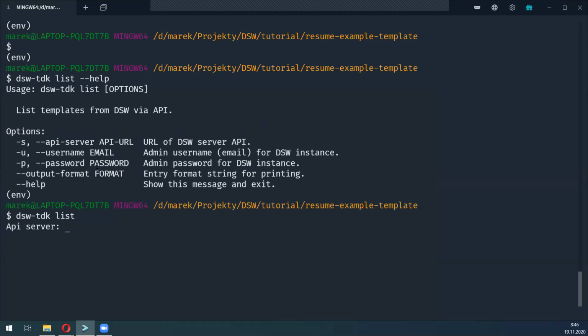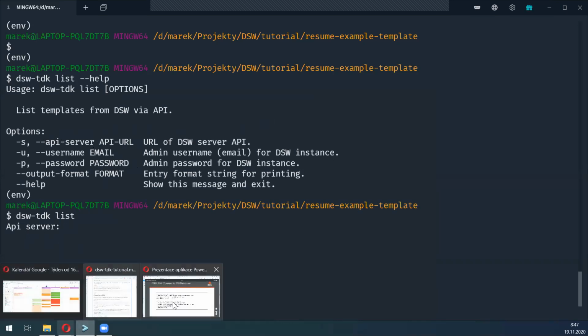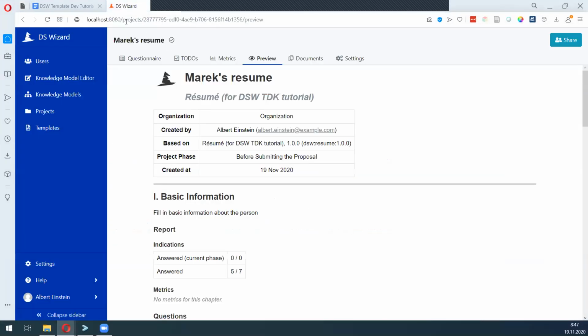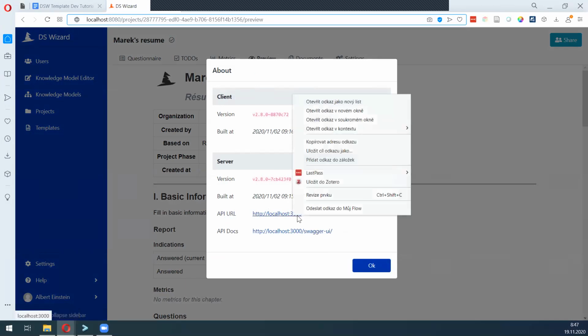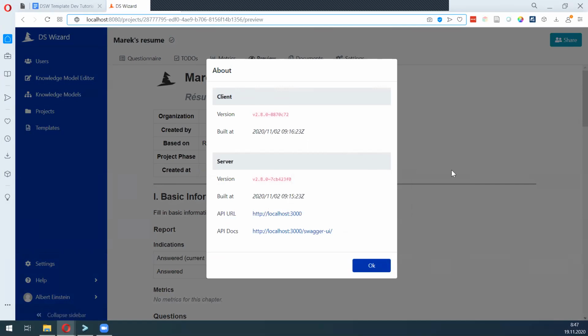And now it asks me to fill those because it requires those three pieces of information. So what is the API server? If I take a look in my instance, it is not the URL of the wizard client, but in the help and about, I can find out what the API URL is, and it is this one. There is even a link to the API documentation if you want to use the API in other ways. So I will copy this